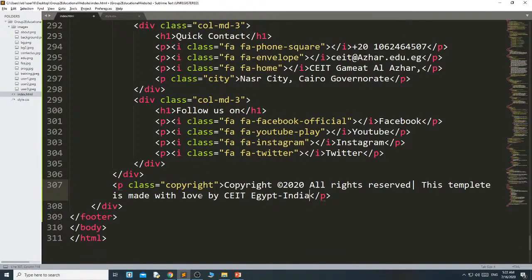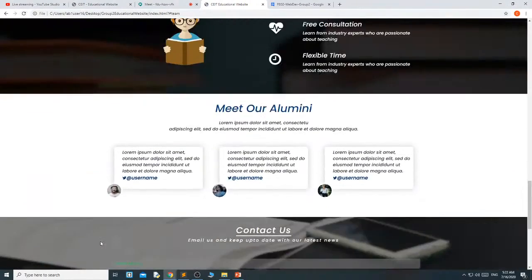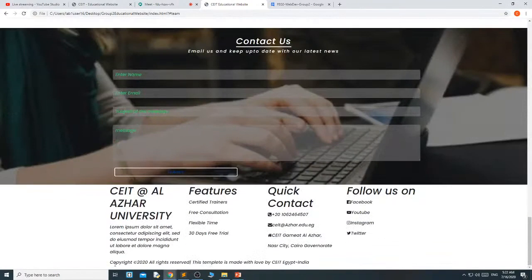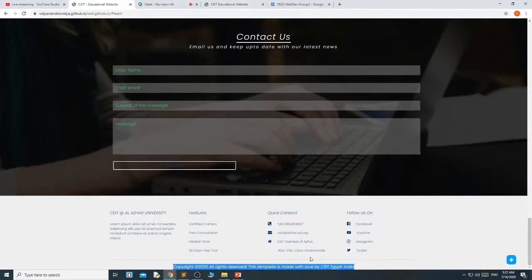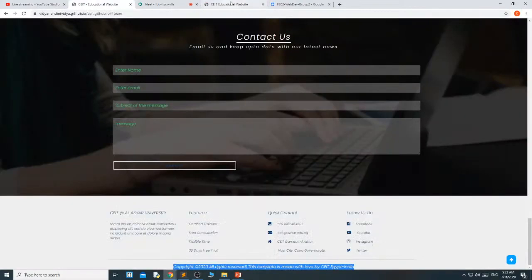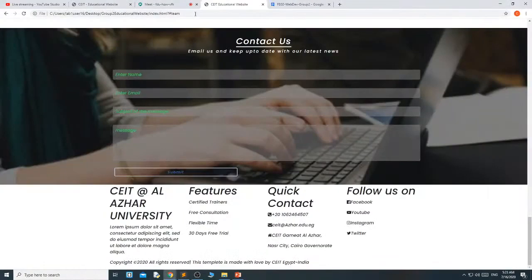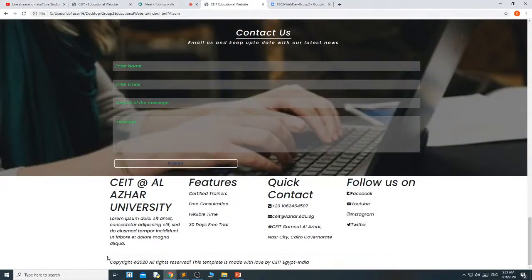Okay. Now you can see, just a minute, I will see. You will get like this, but here you can see that there is a line mark between these two. Okay. But here there is no line mark. To get this line mark, what you have to do, before the paragraph, just enter one HR tag. Once you enter one HR tag, you will get one line, just here. Okay. The HTML part we have completed.